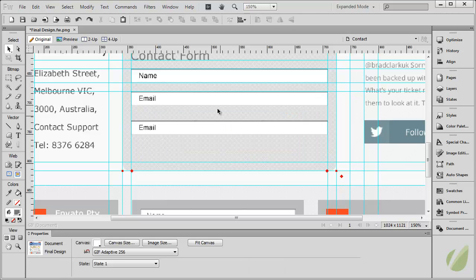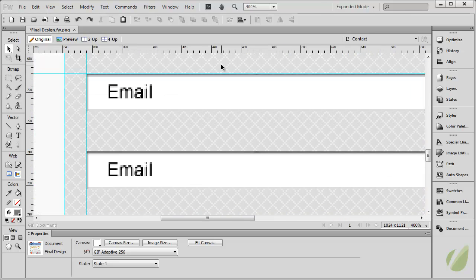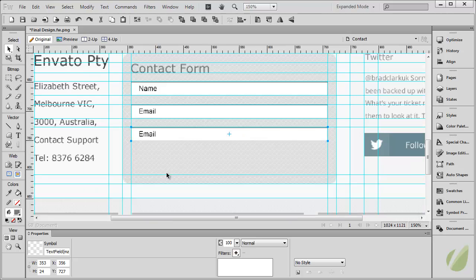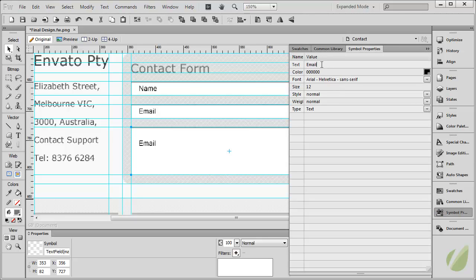So I'll use the text field, and then when we export this to HTML, I'll convert it back into a text area. And then we just want to scale this. Go back to symbol properties, change this to message,